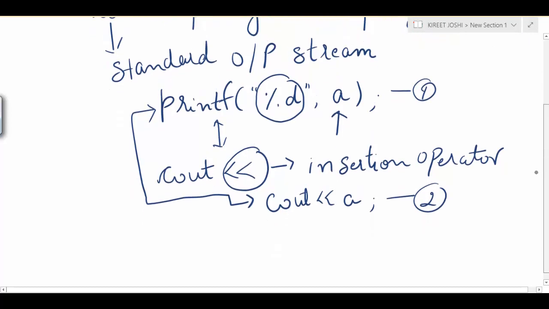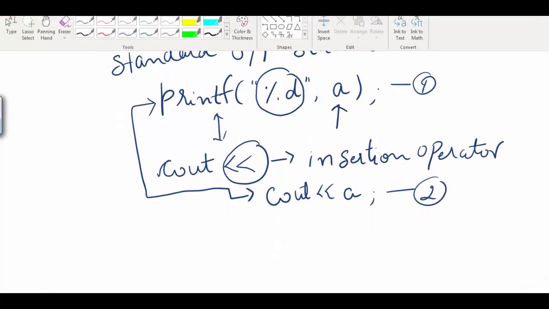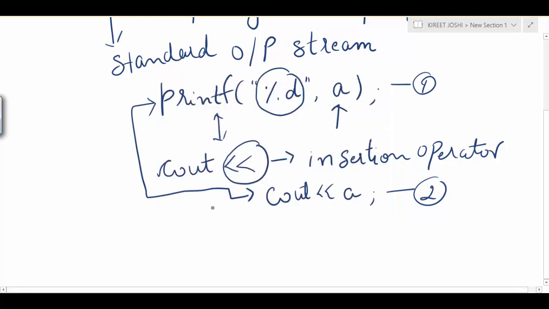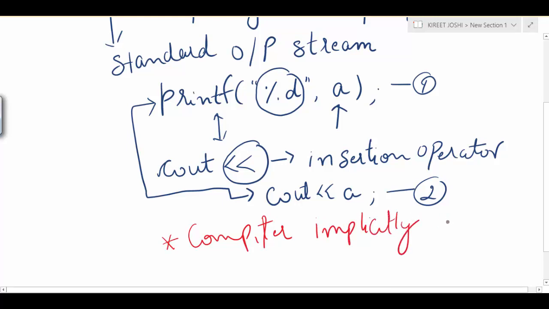So what is the compiler's task here? The compiler implicitly processes it.